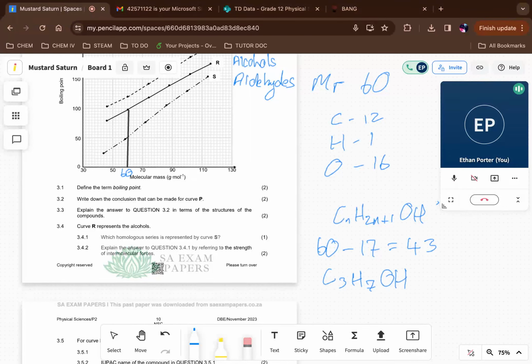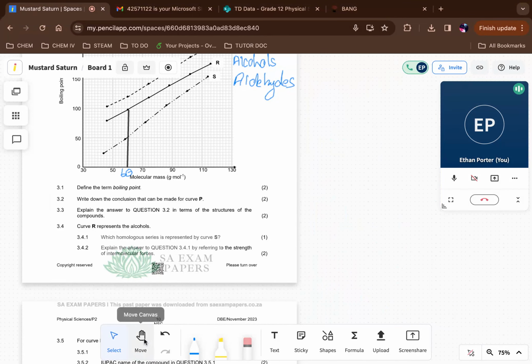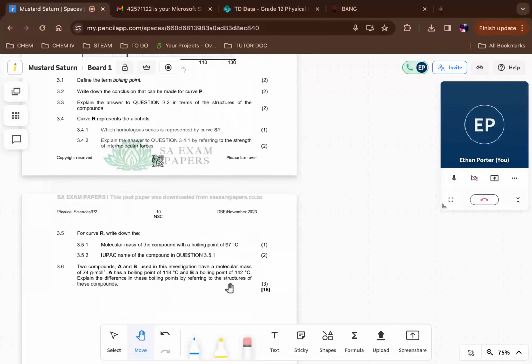And if you check this, we know this is 17, this is 7, and this is 36. So 36 plus 7 plus 17 adds up to 60. So this is a much quicker way of arriving at the answer. So we know that propanol is definitely the one with a molecular mass of 60. So the IUPAC name is